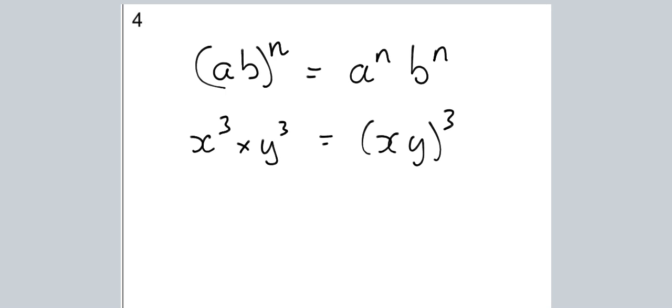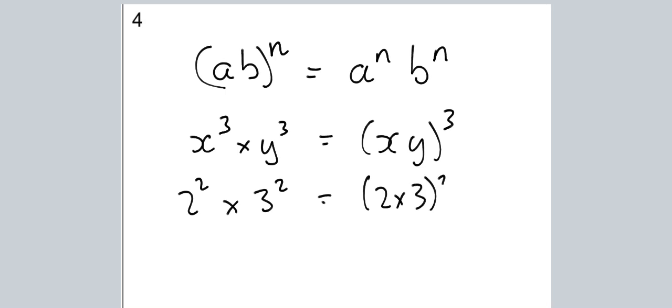Is that okay? So if I had 2 squared multiplied by 3 squared. What's 2 squared? Yeah. What's 3 squared? 9. What's 4 times 9? What is it? Yeah. If I use the rule, though, just to show you that it does work with numbers as well,